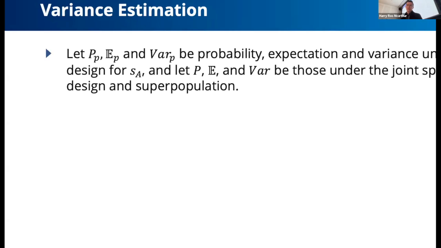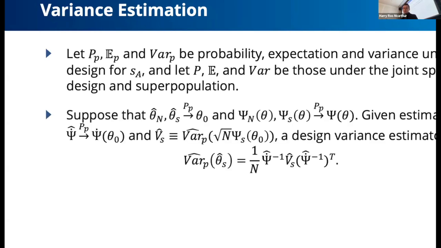And here's why estimating equations are useful, because we can do variance estimation with them, amongst other things. So we're going to look at probabilities, expectations, and variances under the sampling design that is conditional on any random mechanism that might be driving underlying incomes in the population, for instance. So we would call that underlying mechanism the superpopulation. Here, when we subscript by little p, we're just talking about the design. And with no subscript, we're going to be talking about both the design and the superpopulation.